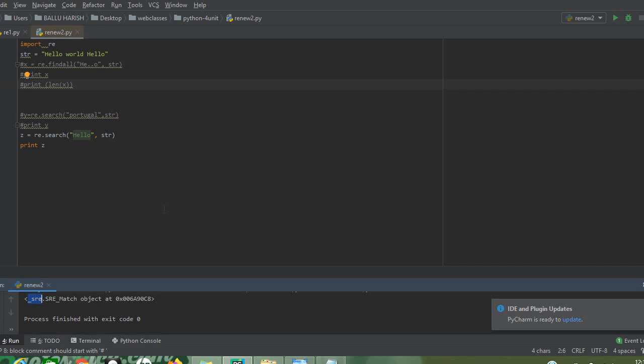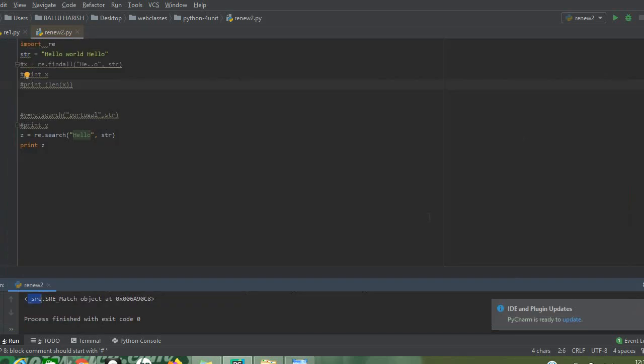Okay, next, if you look at the difference between find all and search, with find all you can print the particular pattern available, whereas with search we can make an inquiry whether the word is available or not, but we cannot print the particular pattern. Okay, this is about search.